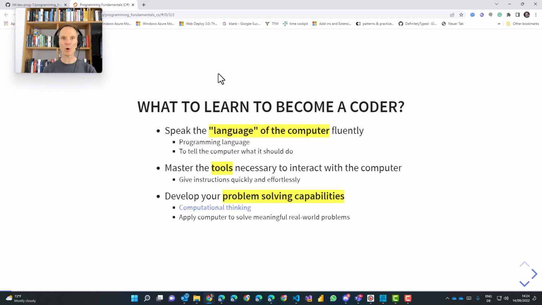So you want to solve problems that really matter, and that is what you have to develop. In this course, I will teach you the very fundamentals of all three things. We are going to learn a programming language, we are going to learn tools, and we are going to practice our problem-solving capabilities.